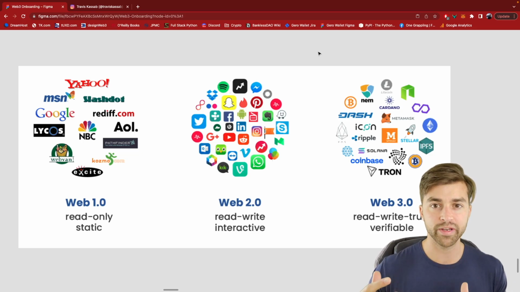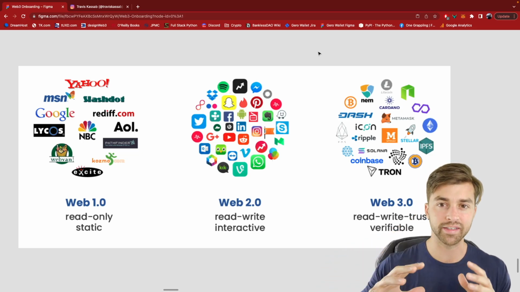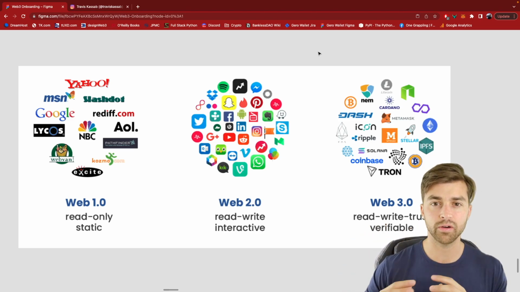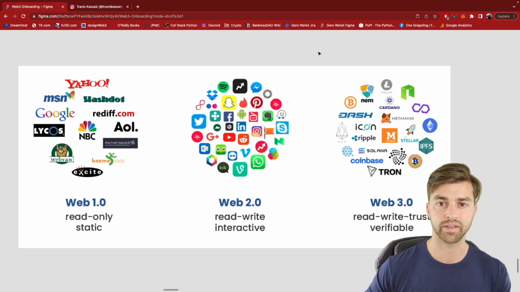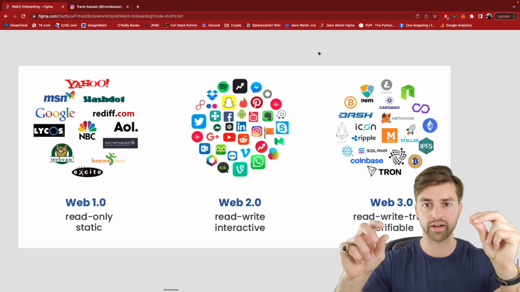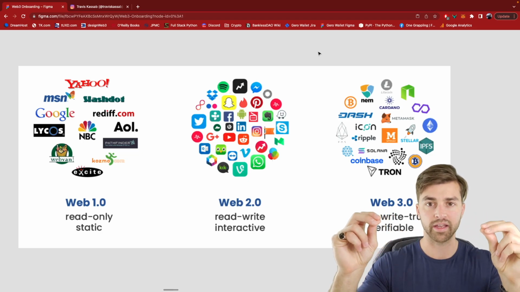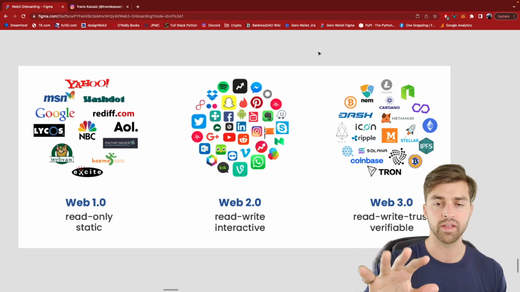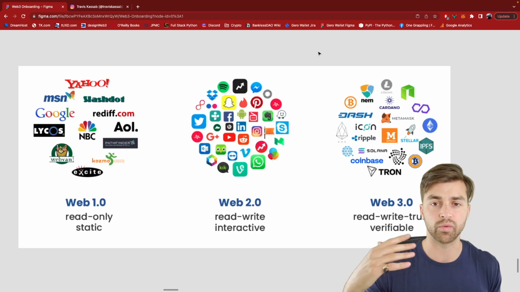Now, Web 3 really changes the game because it disintermediates these big centralized companies. We no longer need these big centralized companies to provide services. Now we have decentralized services. So a user can connect directly to a decentralized application, and we don't have any middleman that's controlling that data flow. And then also the blockchain, which runs Web 3,